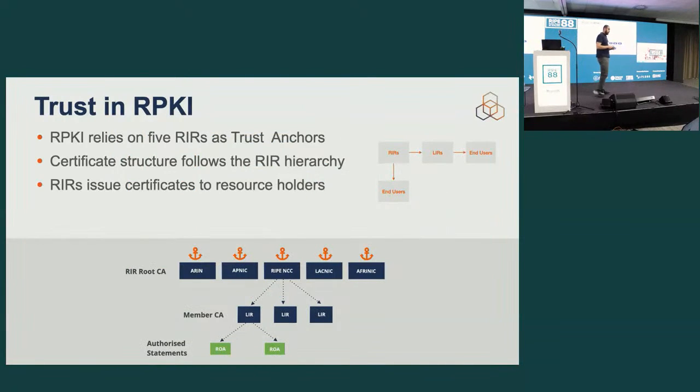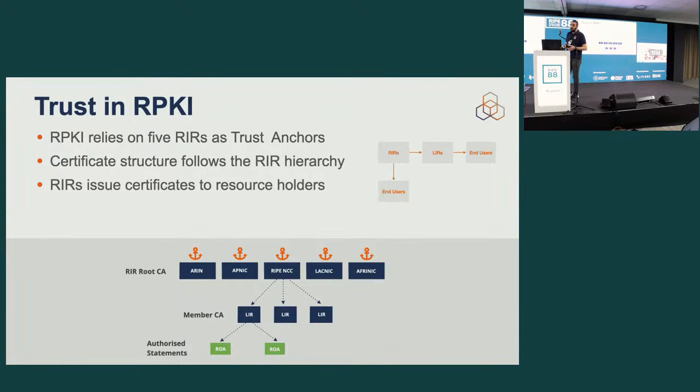Now, just like when I showed you the case of the web certificate, we had at some point a source of trust. We call them the certificate authorities, because I trust DigiCert, because I trust VeriSign, then I trust this certificate, then I trust this website. And in RPKI, there should be a source of trust, right? And these sources of trust, we call them the trust anchors, and they happen to be 5, which are the 5 RIRs. So you have the RIPE NCC, you have ARIN, you have LACNIC, you have AFRINIC, and you have